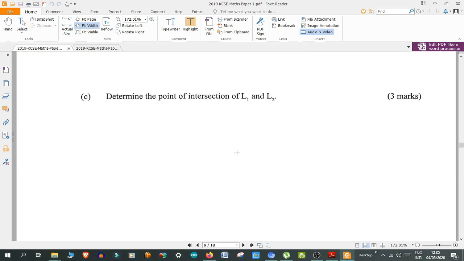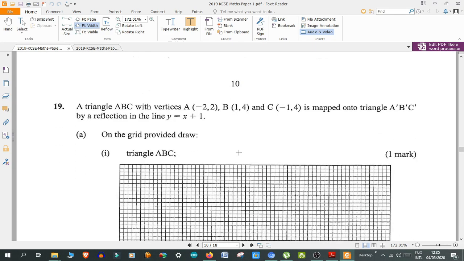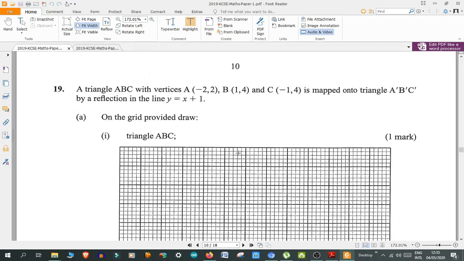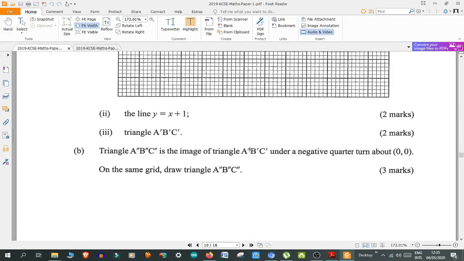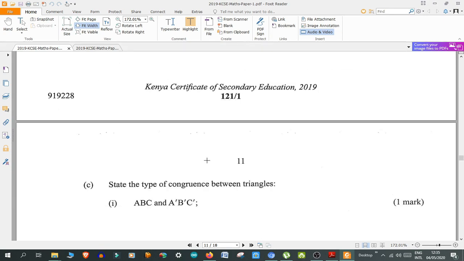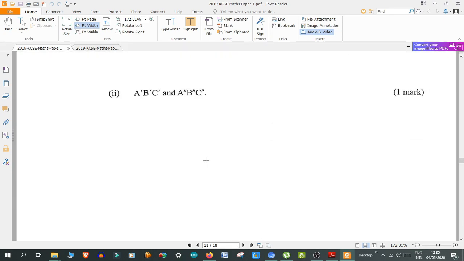So we are coming to that much later. But right now, let's look at question number 19. A triangle ABC with vertices A(2, -2), B(1, 4), and C(-1, 4) is mapped onto triangle A'B'C' by a reflection in the line y = x + 1. So this is probably where you encounter the first Form 4 topic, probably the second time, matrices and transformation. We are coming to that. I should be doing that graph again much later. Congruency, so that it's combined with the Form 2